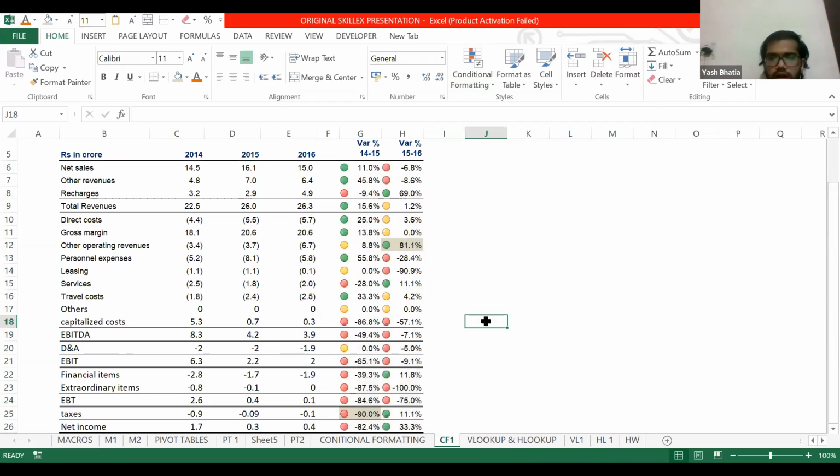So now you can see the meaningful visualization can be done. The first value, that is 11%, is greater than 10, so it's showing green. The value 1.2% is between 0 to 10%, so it's showing yellow. And all the values below 0 that are negative are showing red. This conditional formatting helps us to visualize data easily at one glance. I hope it is clear, and that's all I have about conditional formatting. If you have any doubt, you can ask me.